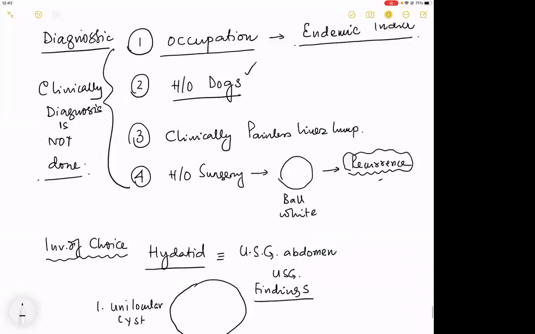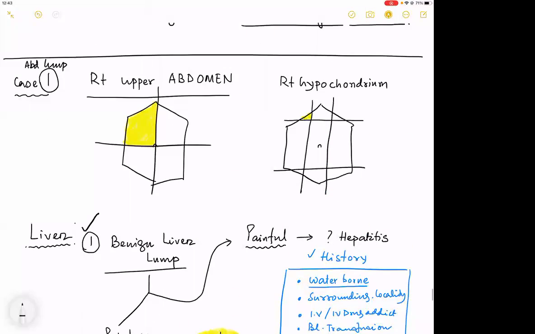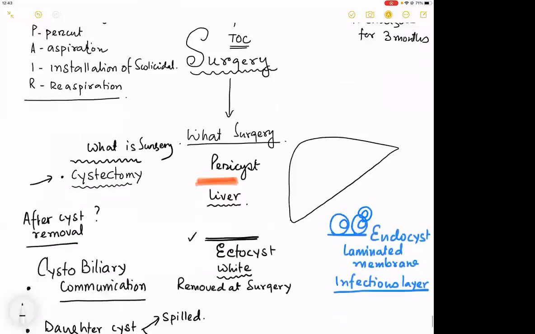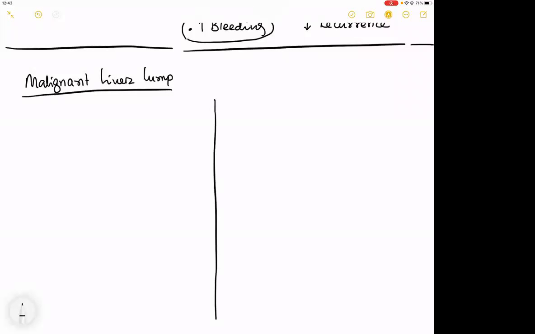So we are complete with benign liver lumps. We have talked about benign lumps on all fronts. We'll now talk about malignant liver lumps. Now, what are the two malignancies or malignant liver lumps and how do they look? When I have a malignant liver lump, remember that I have two pictures to make. One is a metastatic deposit, which is the more common one, and another one is a primary liver tumor.